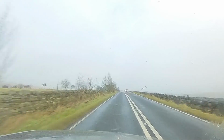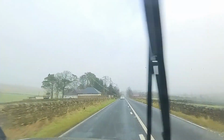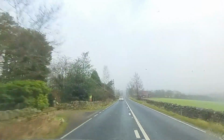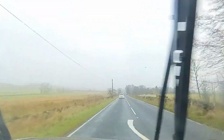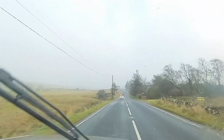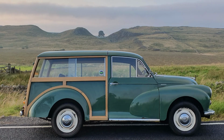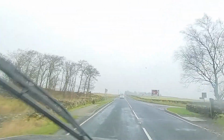Now, the other place we're near is Sycamore Gap, which I was going to point out to you, but we can't really see it in the fog. But I'll put a picture in now. That's me Morris Minor sat next to the gap, or rather on the main road, with a photo of the tree behind it. Anyway, there's the sill,